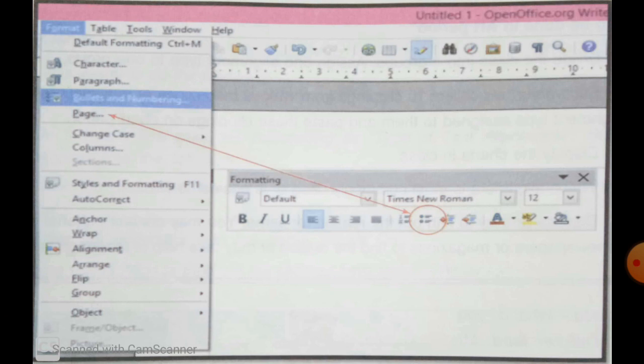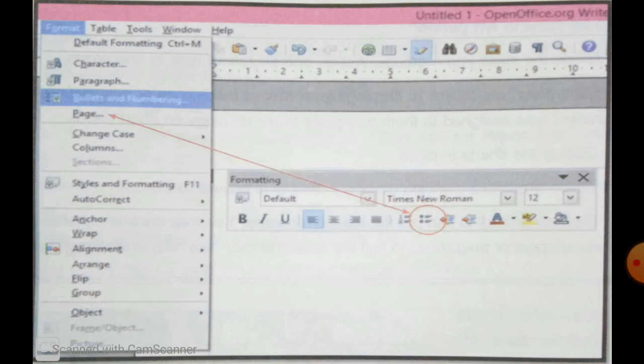Bulleted list. Bulleted list contains a bullet that refers to the symbols that can be placed before the list items. It has no sequence or order. The default bullet is dot.